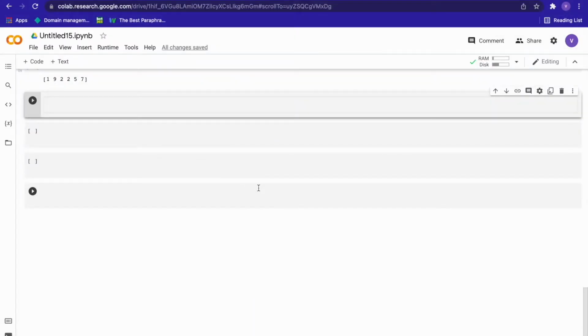Let's discuss some useful array attributes. We will start by defining three random arrays. One would be one dimensional, the second would be two dimensional, and the third would be three dimensional, as follows. So the first thing that you need to do is import numpy